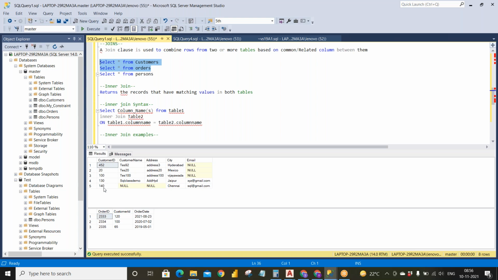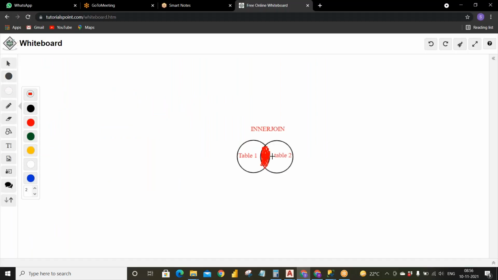So with the customer ID, you have 452, 20, 100, 130, 140 in the customers table, and in the orders table you have 120, 165. You have only the matching customer ID, which is 100, in both the tables. So inner join will obviously retrieve the matching rows between both, that is customer ID equals 100.